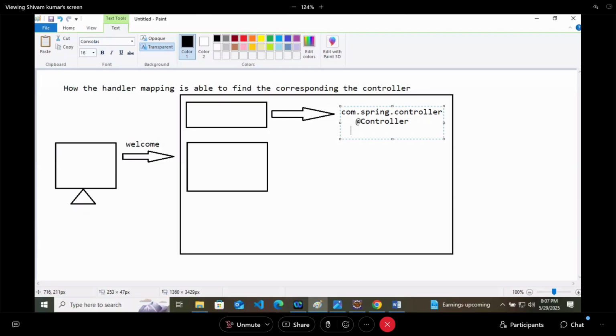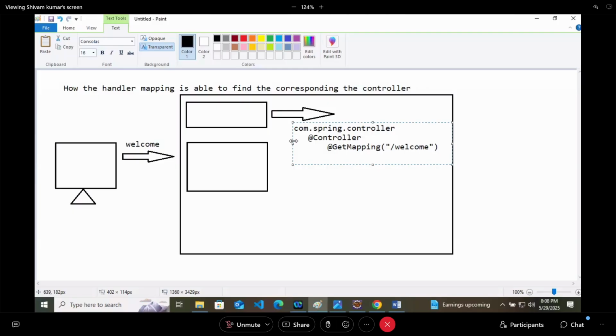So like this, it is finding the respective controller, because if a request is going to a controller, the request will have a point, or you can say a name. A request will have a name. The same name will be searched by the handler mapping wherever all the controllers are written.